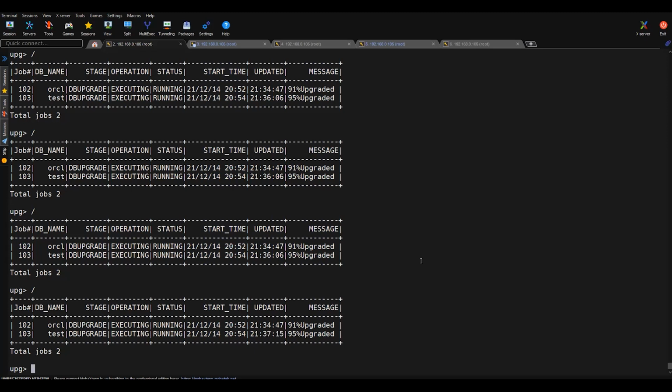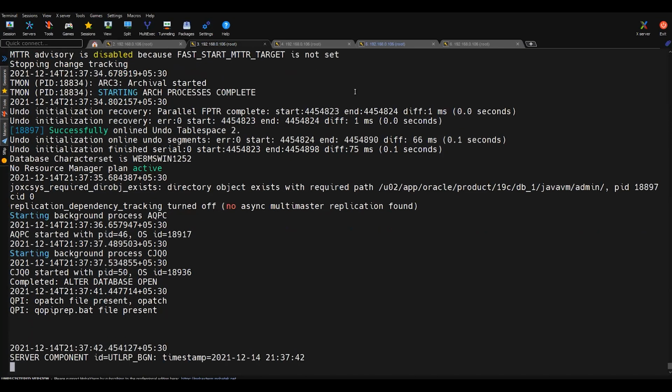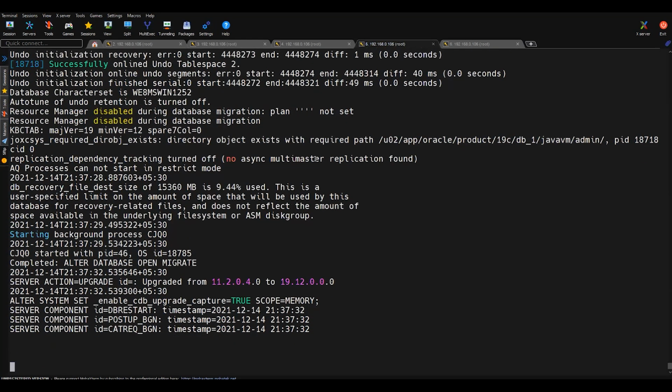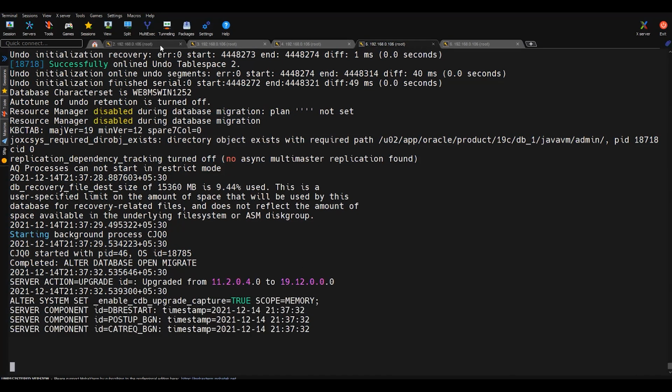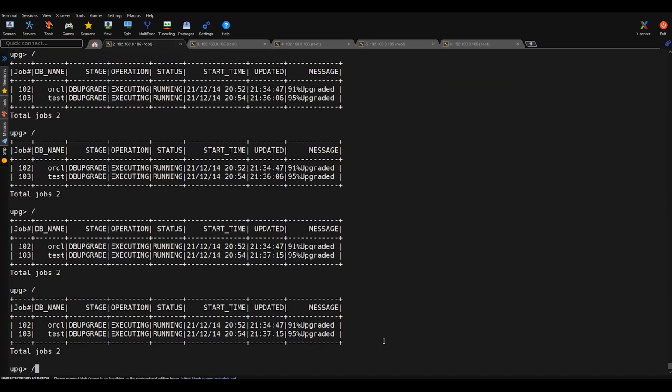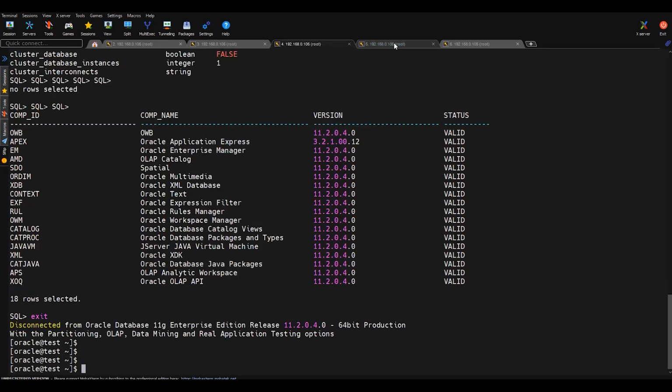And again, we'll come back here and see what the progress is. So as of now, we can see the database is started with open state, so UTL-RP is running on the test database right now. And on this 11.2.0.4, the database upgrade is still running. So you can see the database upgrade is happening in parallel. Almost 95% is completed. So we'll wait a few minutes more, and then we'll see how it looks.